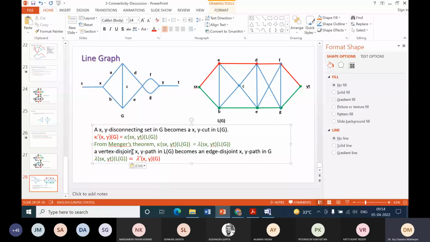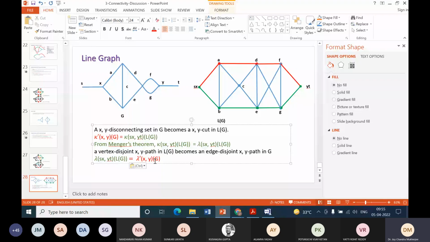Now if I look at the corresponding graph G, what will happen there? The vertex disjoint path becomes an edge disjoint path. So the number of vertex disjoint paths in LG equals the number of edge disjoint